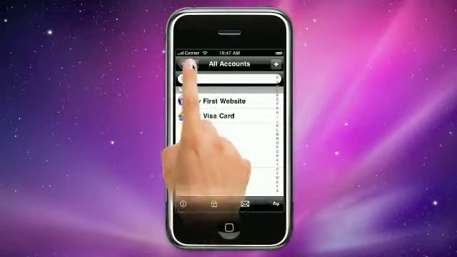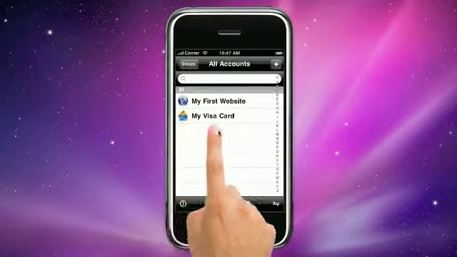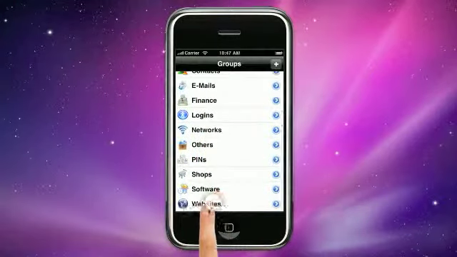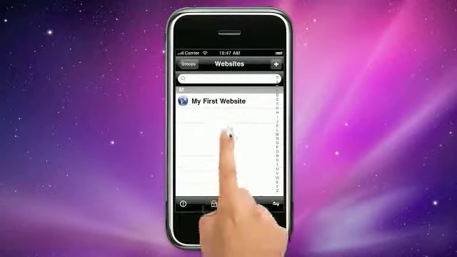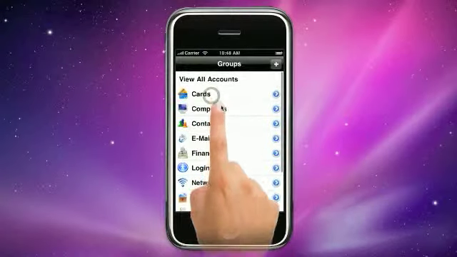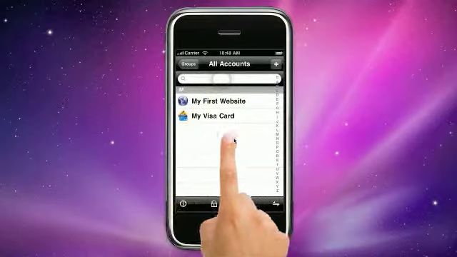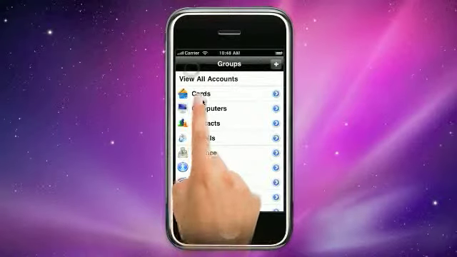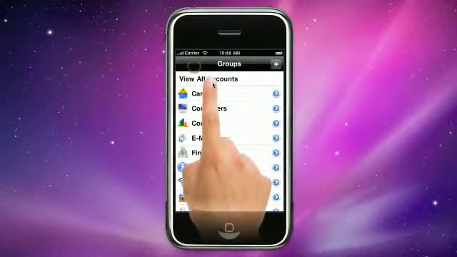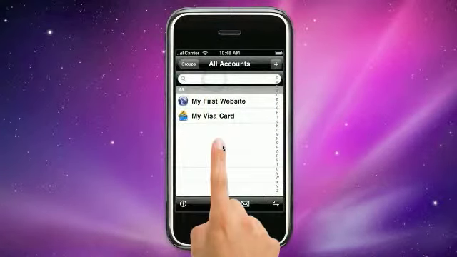This allows us to basically filter the records by groups. So we enter the groups, we navigate the groups window, we tap on the group we want to use as filter, and voila, the actual records are filtered by group. In this case, I hit cards to see all my Visa cards, and before I hit websites to see all my